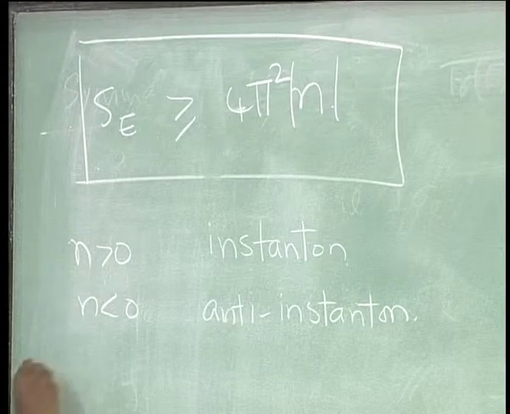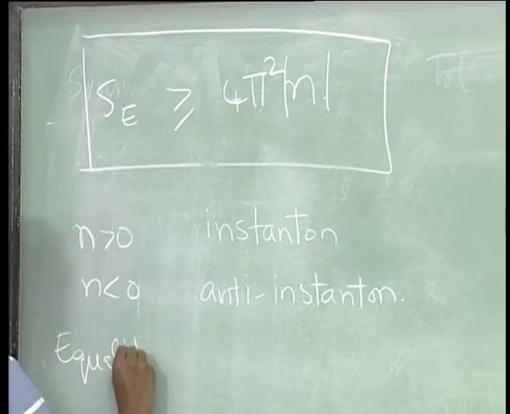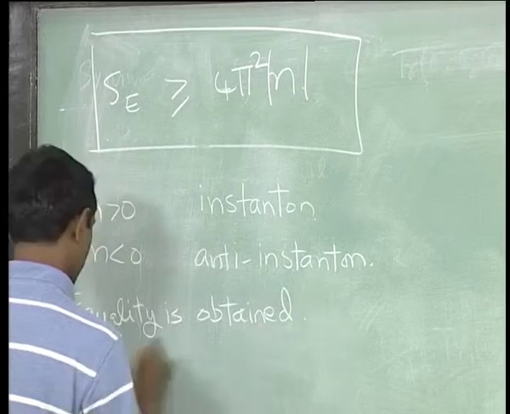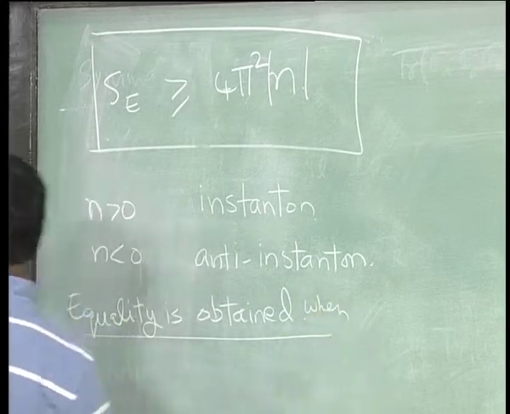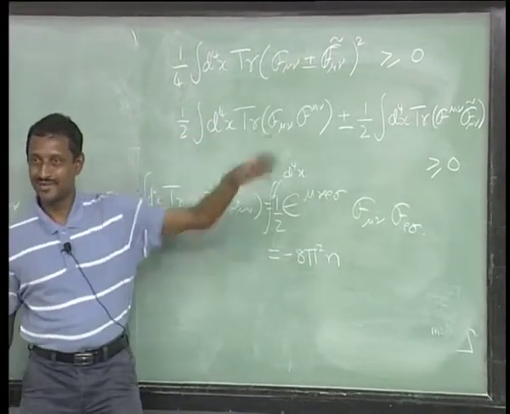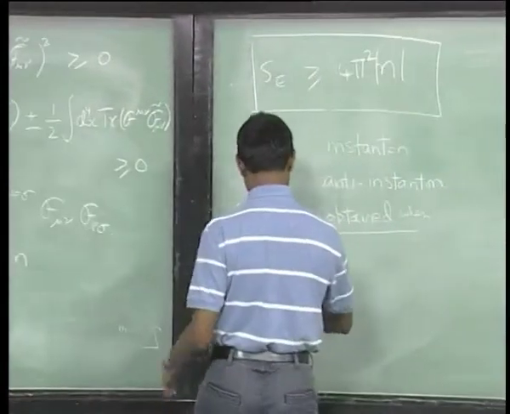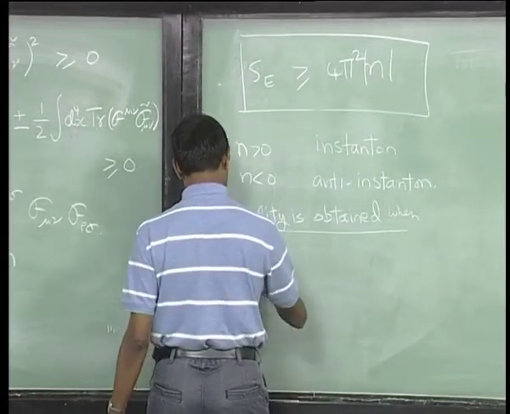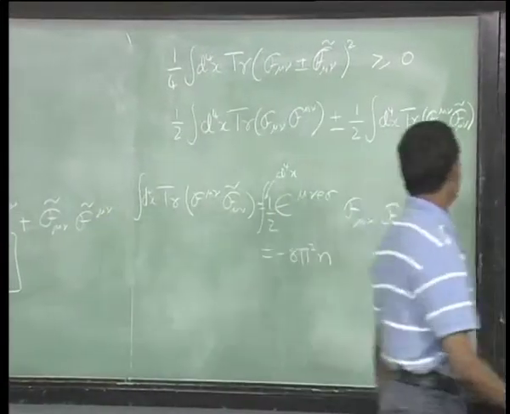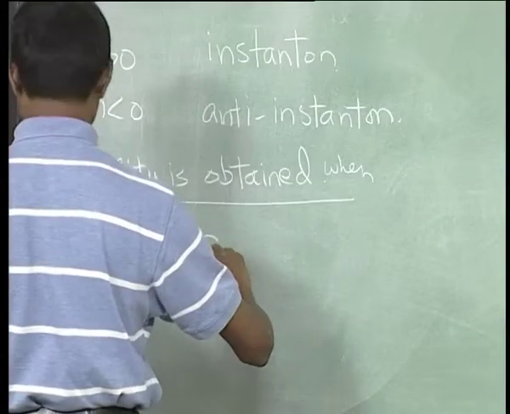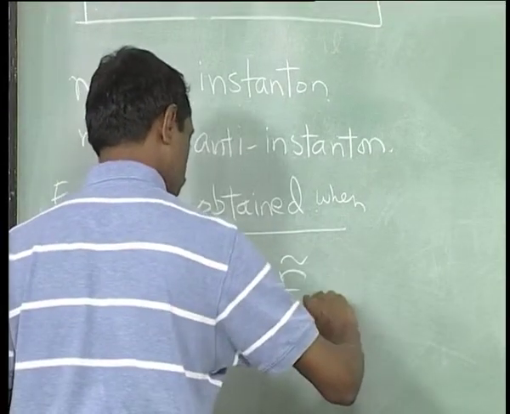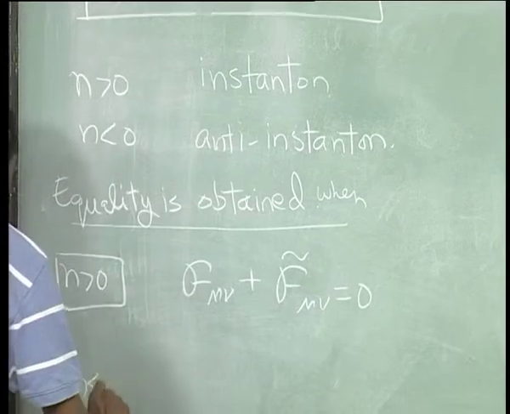So the equality is obtained when this quantity is 0, and when n is positive we choose the upper sign. So when n is greater than 0, this will imply F mu nu equal plus F tilde mu nu equal to 0,